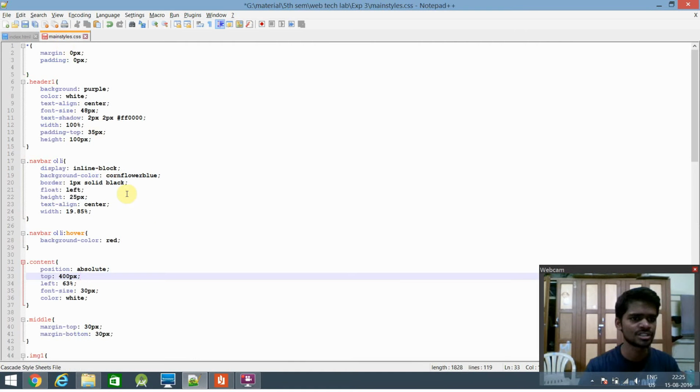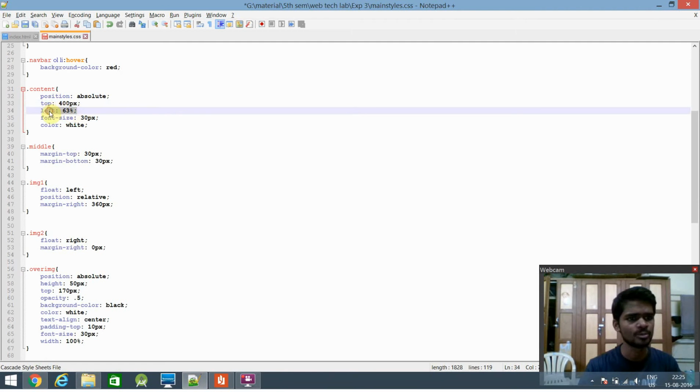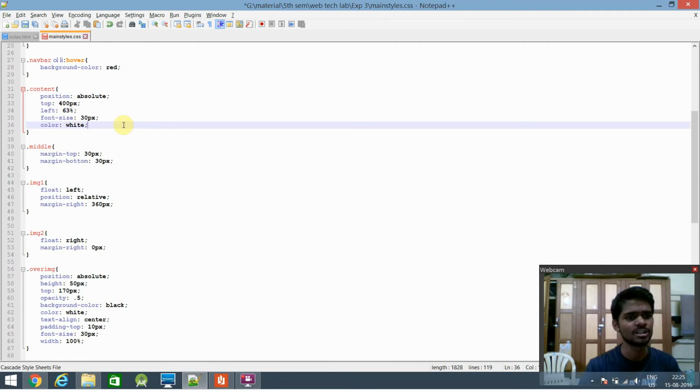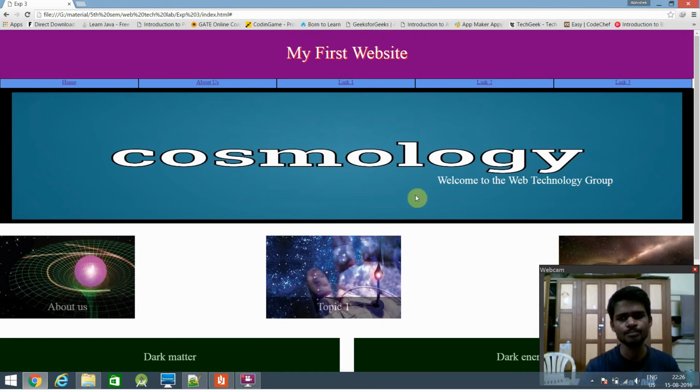So in main CSS, in the content we have the absolute. Almost all the times you will see the same thing, top, left, right, and margin, but it's difficult to arrange them. So here we have the absolute positioning, and from the top I have given 400 pixels. So to appropriate it,